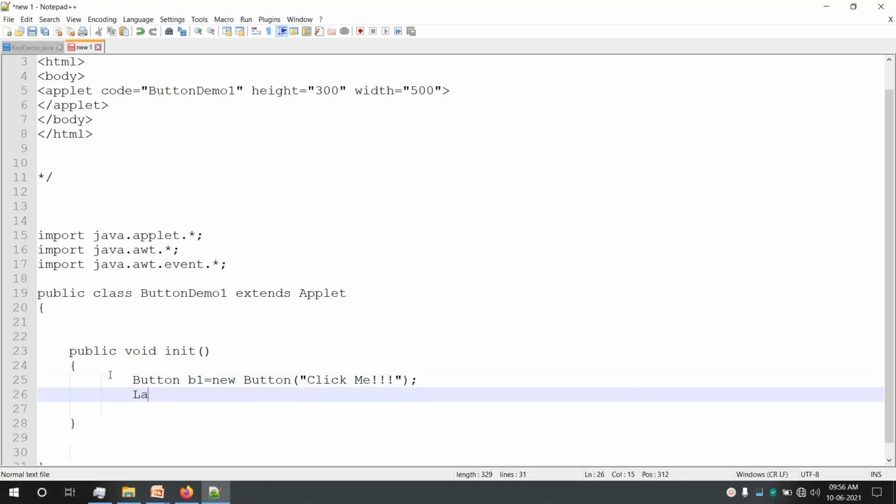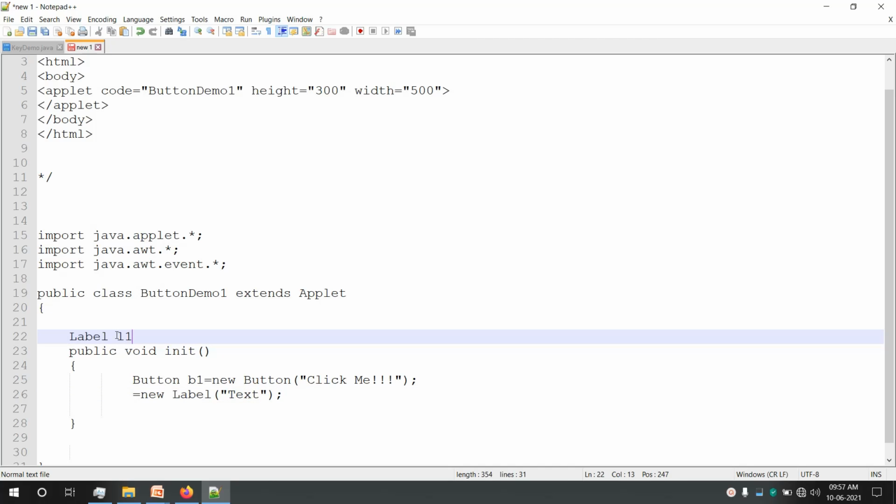Same way I'll create a label as well, label L1 is equal to new label, with some text. Label, as we know, I'll just declare this label